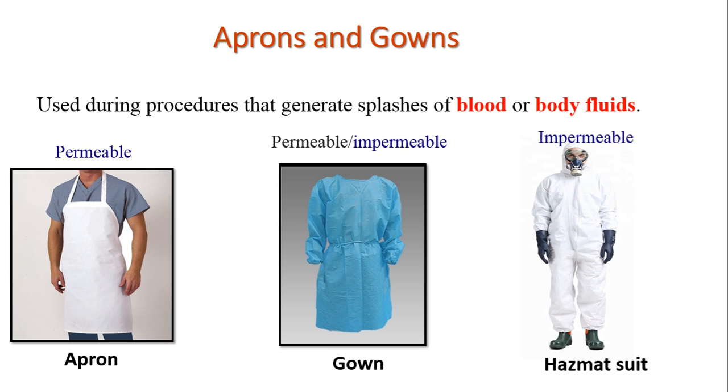Right now there is an outbreak of COVID-19, coronavirus, in our country also. So you might have seen various scientists wearing this kind of suit. These scientists are wearing a hazmat suit which is the impermeable type, because they don't want this virus to get absorbed into the cloth of the gown and enter their own clothes which they are wearing. So a hazmat suit is more suitable to handle this kind of sample.